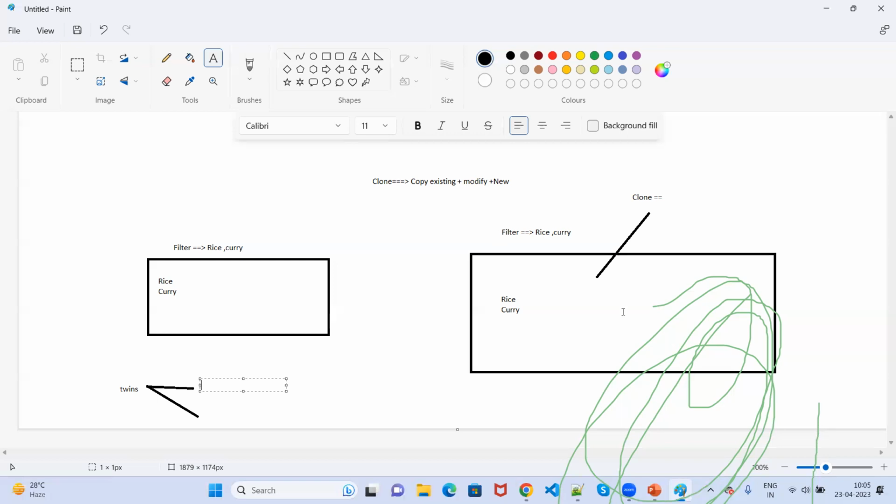Okay, just the name is different, but other than that, everything else is the same. Yes. In Salesforce, where we see that